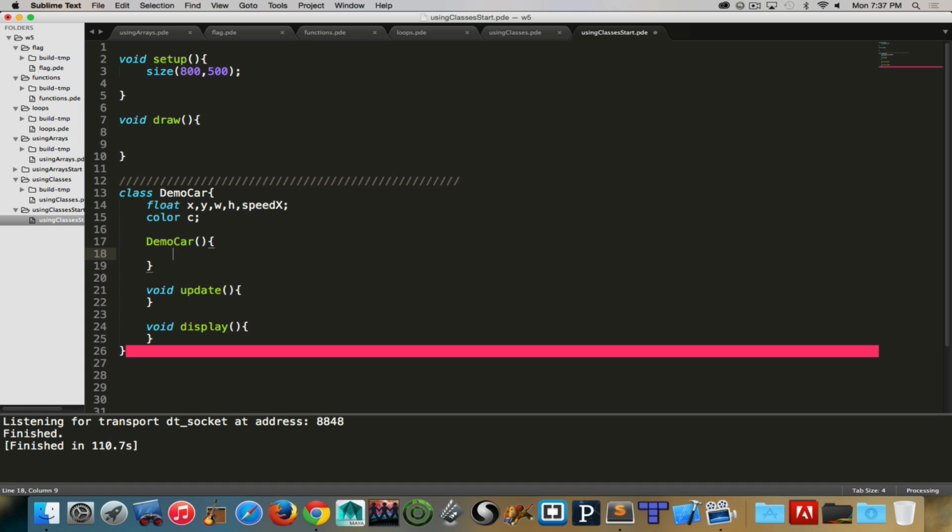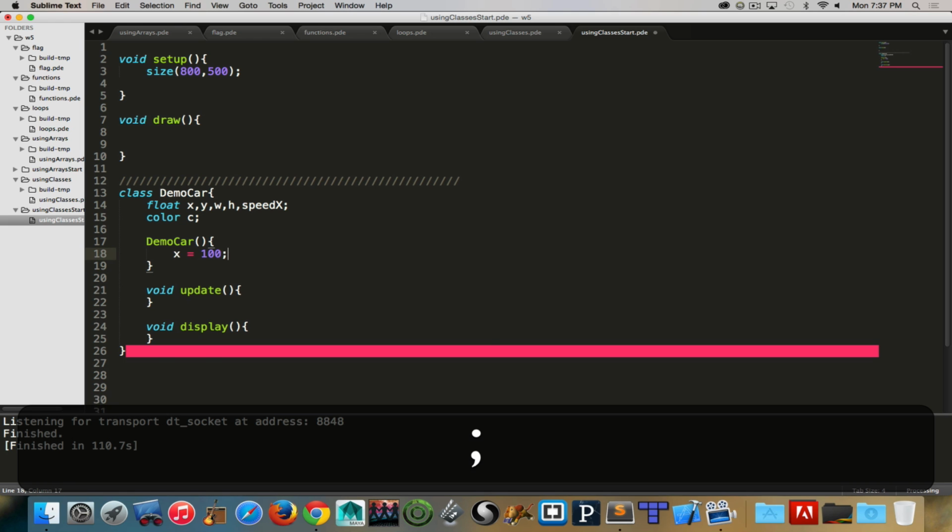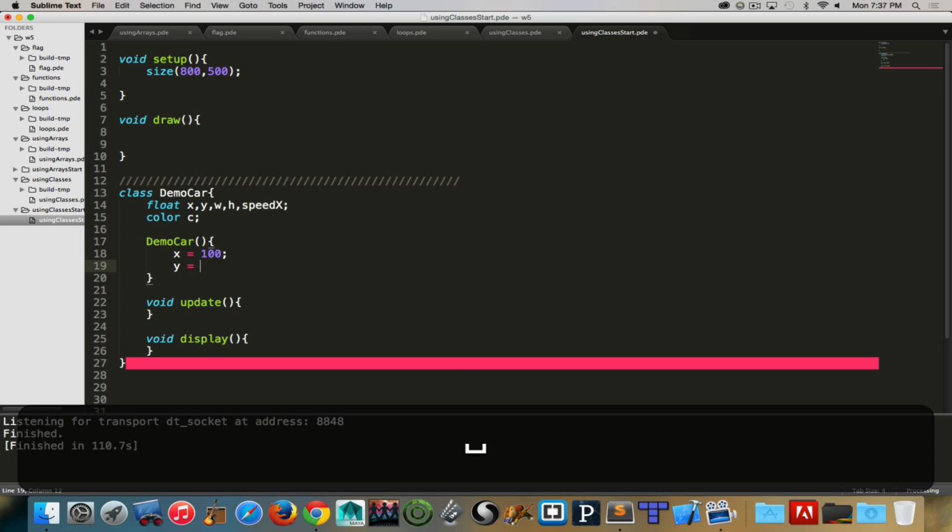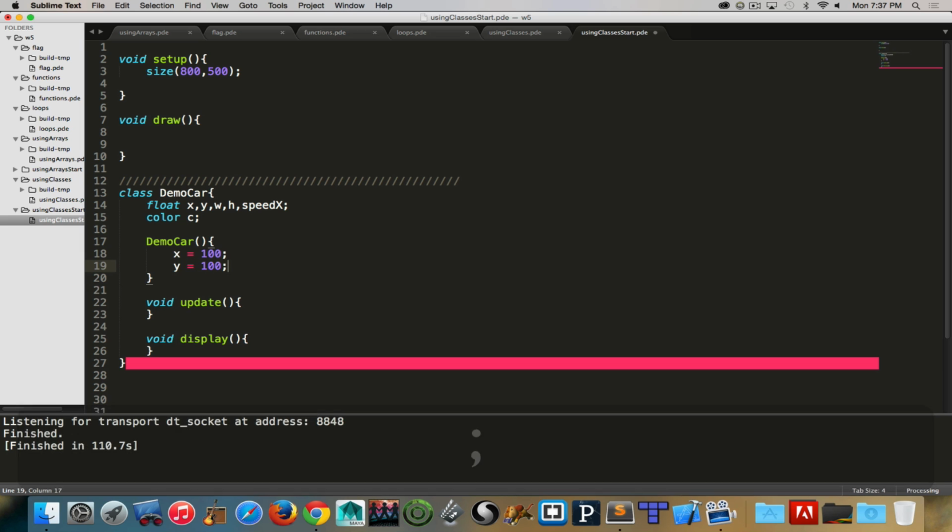Now, inside my constructor, this is where I assign a value to each of my variables. So I can say x is equal to, and we can hard code it in, or we can give it a random value within a certain range if we're so inclined. But in the beginning, I think we'd be best served by hard coding this in. So I'm going to just tell my x I want to be at 100, y is equal to 100, and